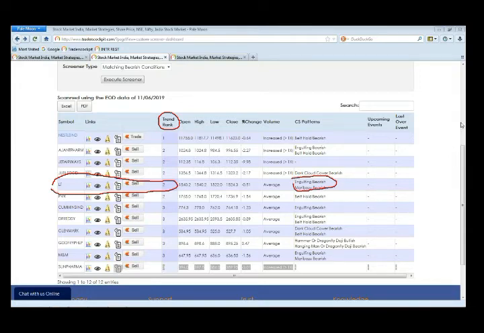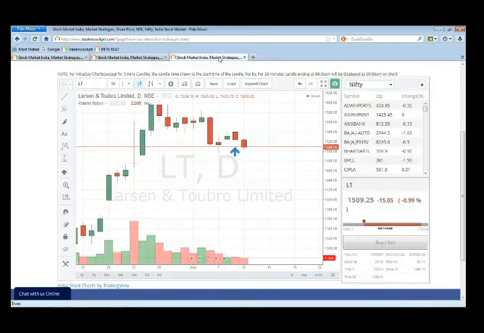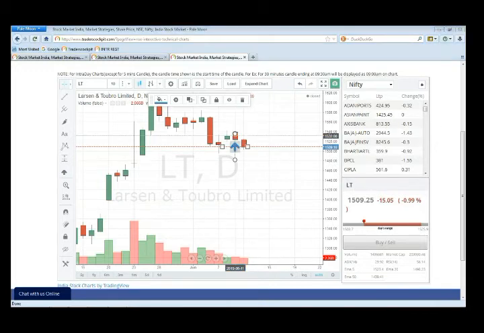And then coming to the charts in L&T, you see this particular point, that is where the pattern formation was shown in the EOD dashboard, and this is an engulfing bearish pattern.